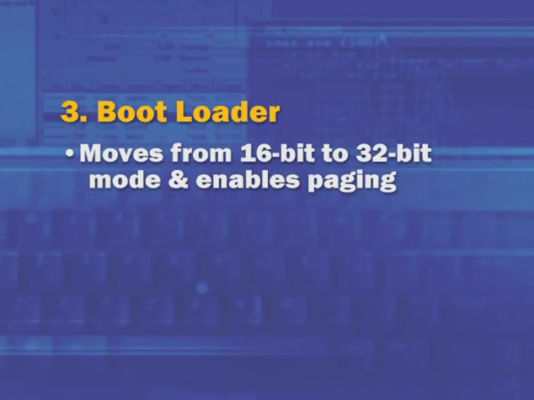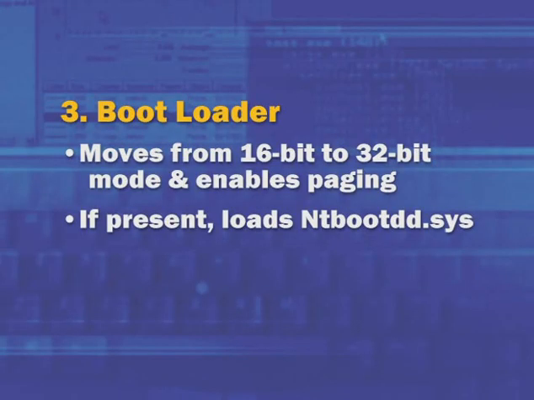The first job of the boot sector is to switch the processor from 16-bit mode into 32-bit mode. All x86 and x64 processors boot into a 16-bit mode for backward compatibility with older operating systems such as DOS. It also turns on the paging hardware. Now that doesn't mean that virtual memory is fully enabled in the sense that we think of when Windows is up and running. There's no paging file at this point. There's simply a virtual memory that maps virtual addresses directly to physical addresses so that the system can access all of the physical memory present on the system.